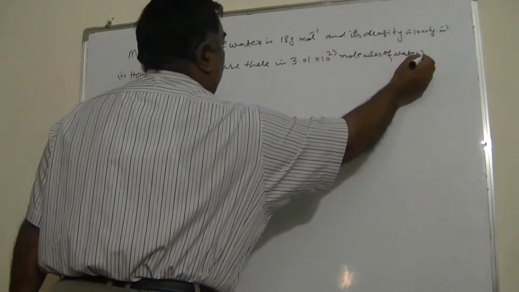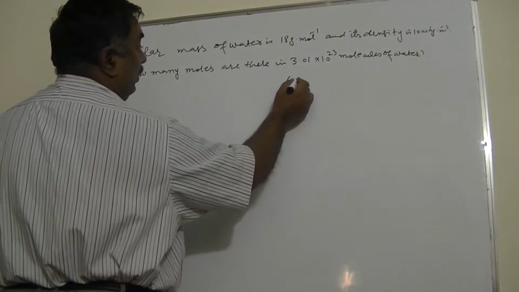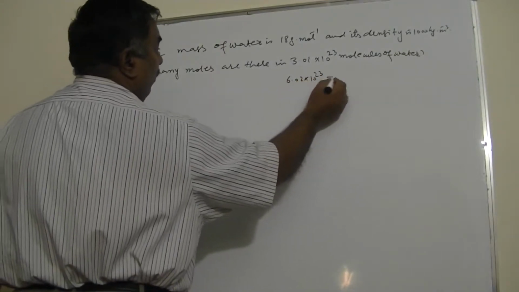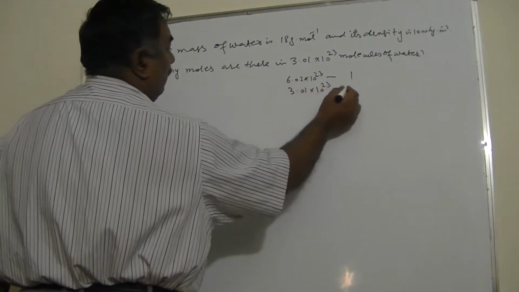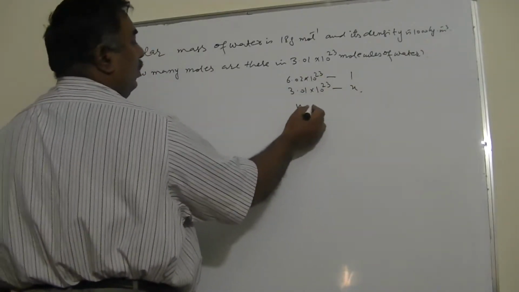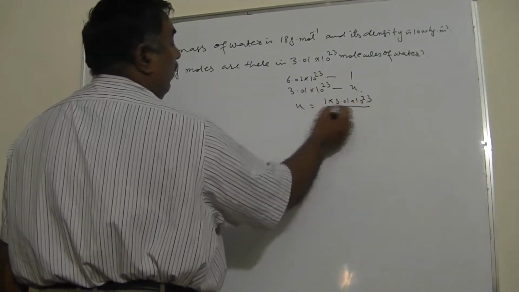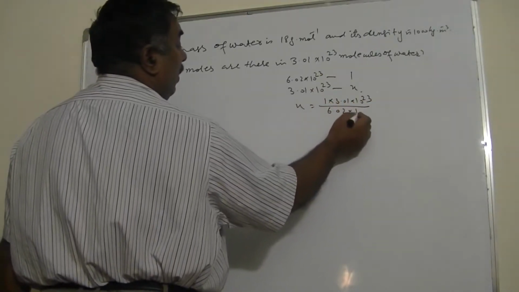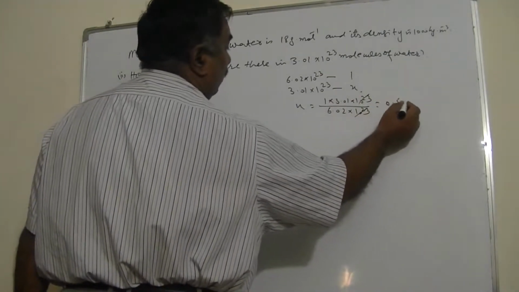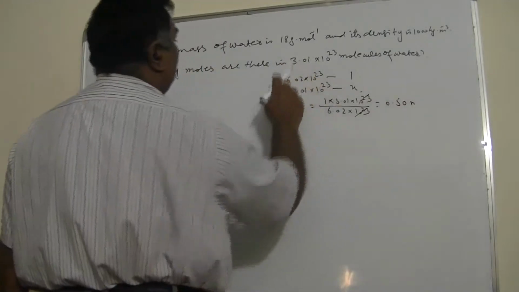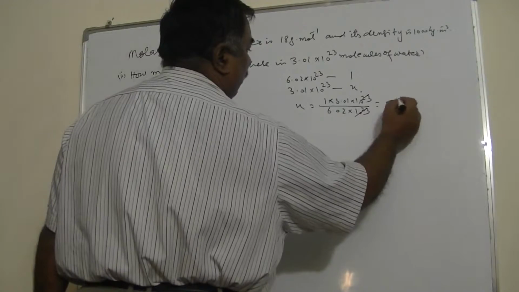Ratio method, simple. 6.02 into 10 power 23 molecules make 1 mole, so 3.01 into 10 power 23 will have x mole. So x will be 1 into 3.01 into 10 power 23 divided by 6.02 into 10 power 23, which is 0.50. This is in 3 significant figures, so the answer must be 0.500